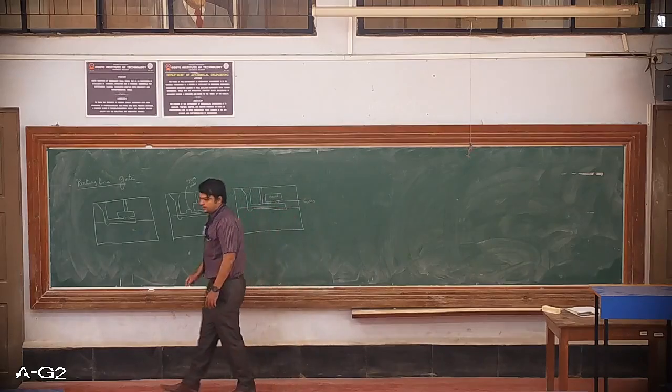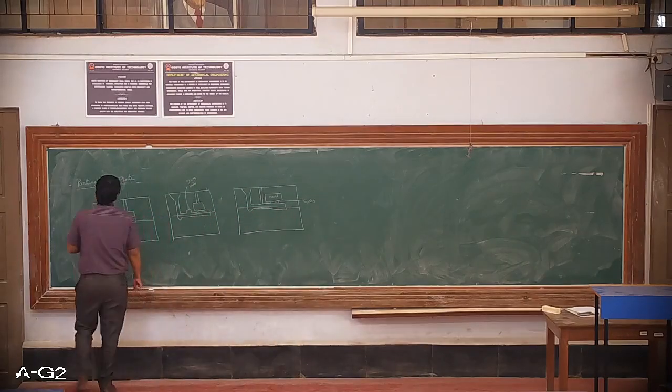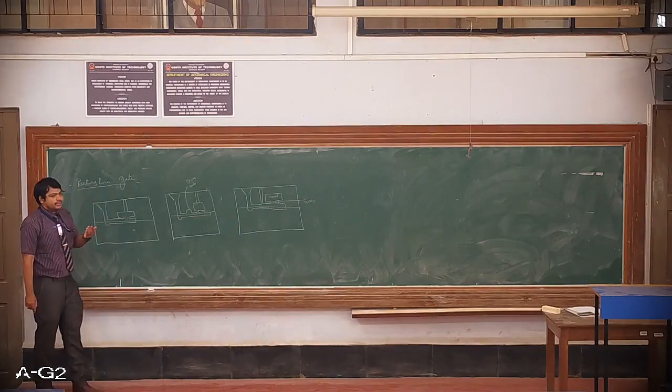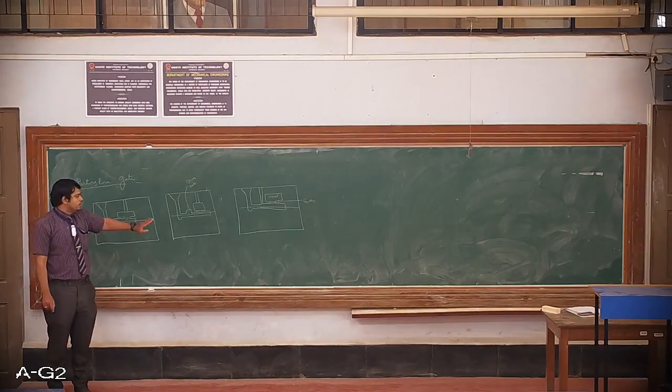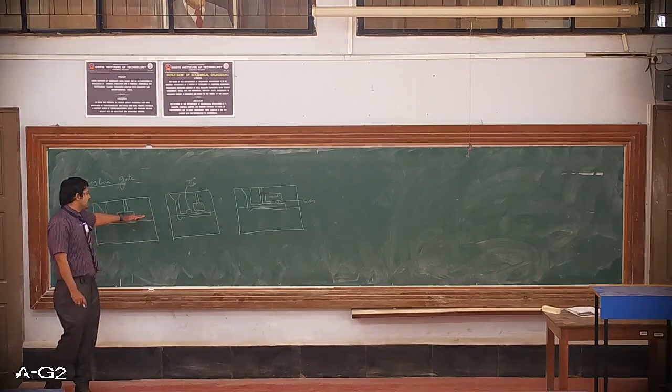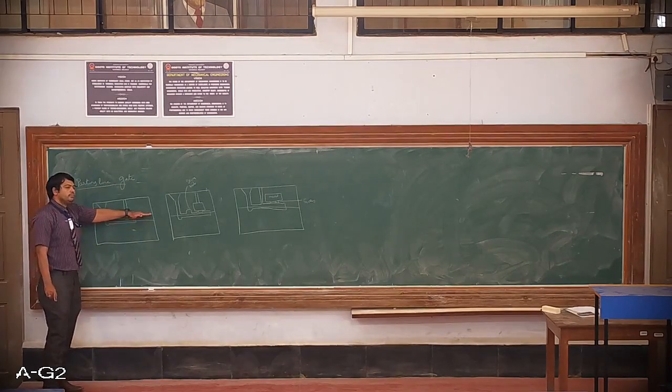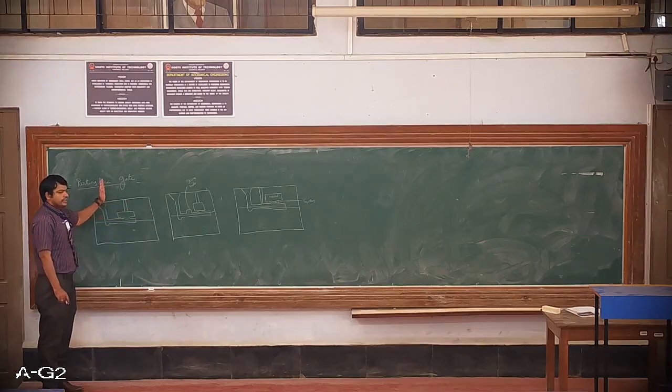So here you can see the demerits of the bottom gating system are overcome. Generally, we are going to get good directional solidification in such a type of gating system. Here, the gating system lies exactly on the parting line. That is the reason we call it a parting line gating system.